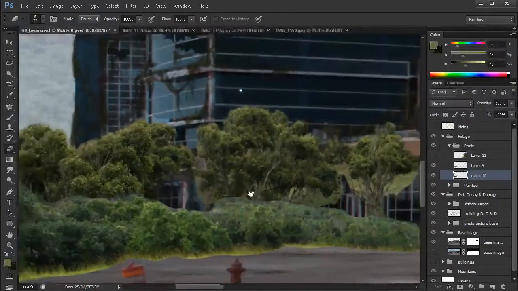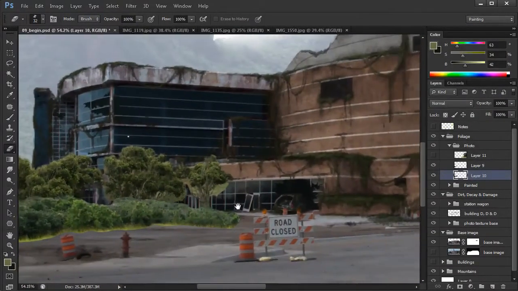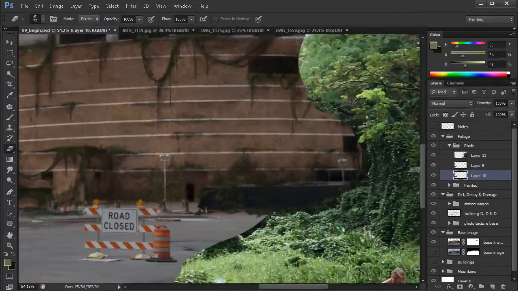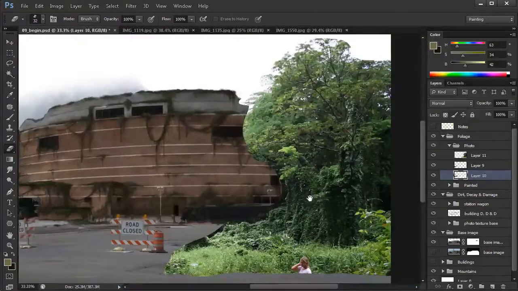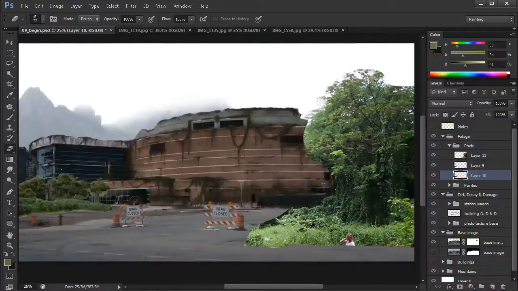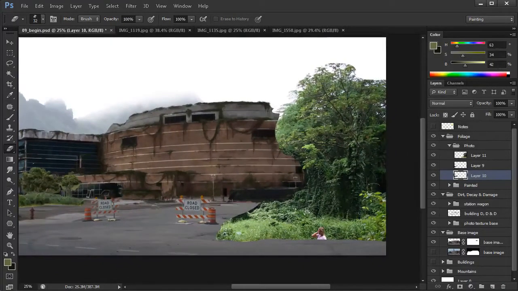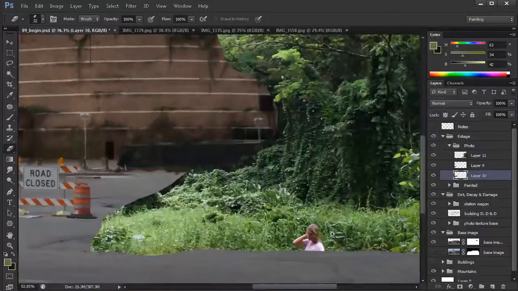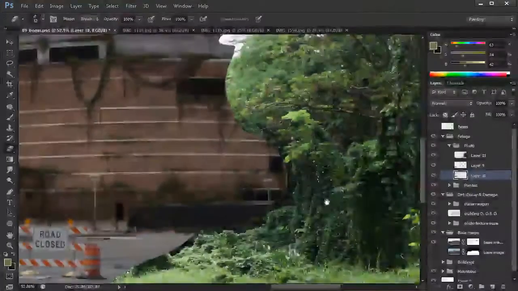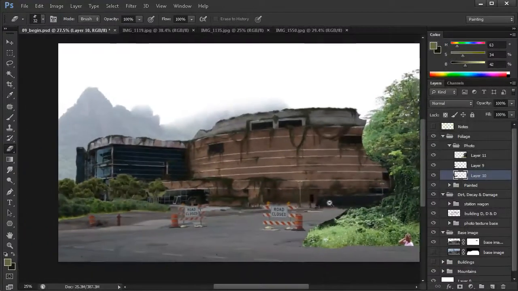So I'm going to go ahead and do that to all three of these clusters of trees that we've brought into our image here. We brought one in over here that's hidden. This one's going to need a little bit more work in terms of the temperature as well. It's also a pretty cool cluster of vegetation. So I'm going to do that, and we'll probably use the clone stamp to take the young woman out of the image as well. But at this point, we've placed these mid-ground elements,